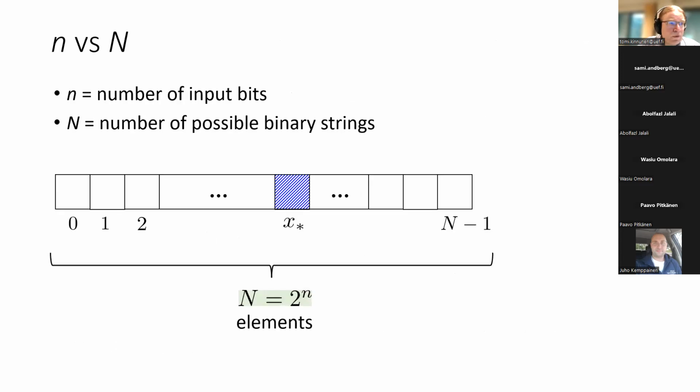Just to mention the notational convention, if you are reading these quantum computing books: when we indicate the small n, that's usually the number of bits, the size of the bit string, whereas the capital N is the total number of states, which is 2 to the power of n, as you know.